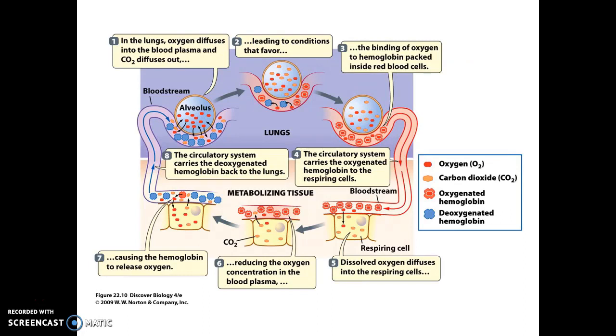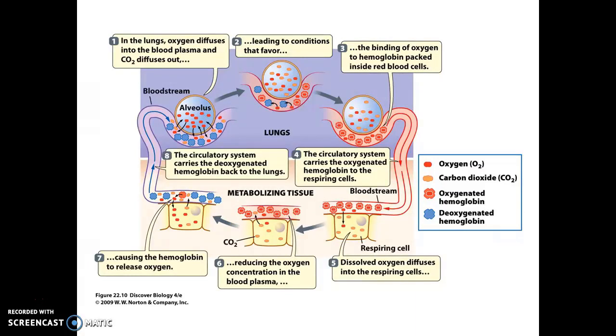When we look at what's happening in the two regions of gas exchange within our body, in our lungs and in our tissues, let's start with the lungs. Deoxygenated blood has arrived at the lungs. Oxygen gas is able to diffuse into the blood, while carbon dioxide diffuses out of the blood. The oxygen gas is quickly picked up by the hemoglobin molecules within the red blood cells, allowing for further diffusion of oxygen into the plasma. By the time the red blood cells are leaving the lungs, they have picked up their full load of oxygen gas and have dropped off their carbon dioxide.